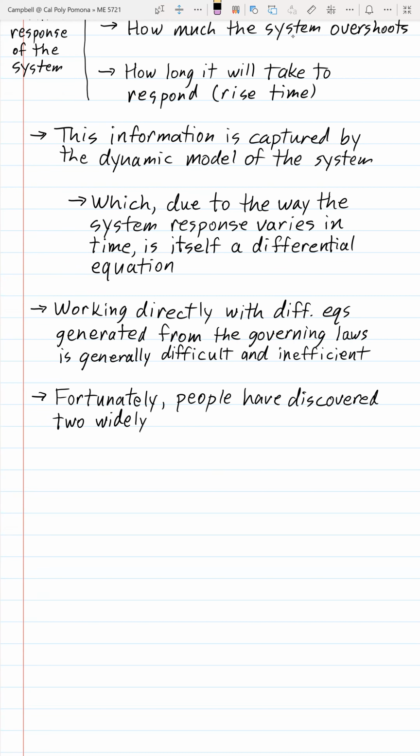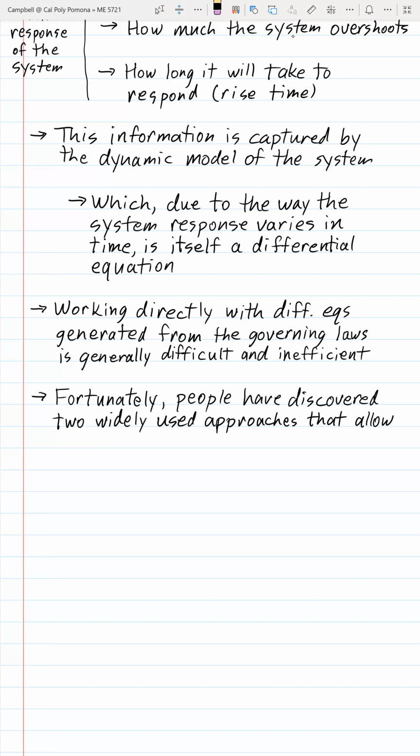And then people were left kind of trying to catch up, building the formal mathematical framework around it, but that's okay. So fortunately, people have discovered, we'll just continue to use that word, two widely used approaches. And there are, of course, others, but for us as engineers, these are the two that we most generally encounter,